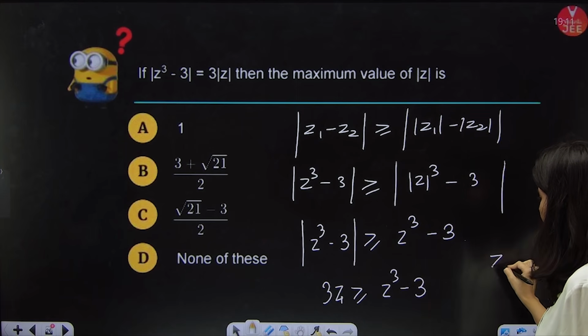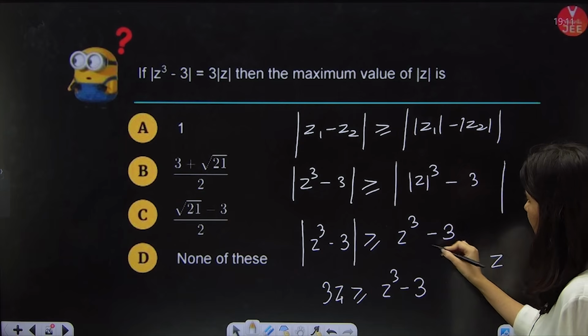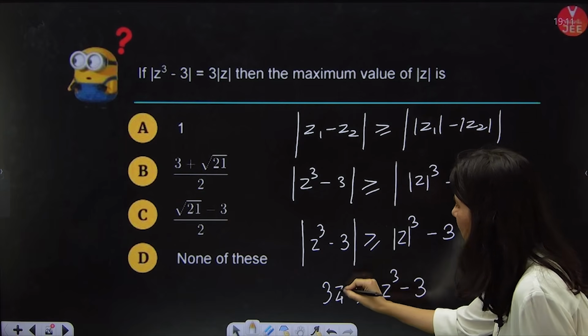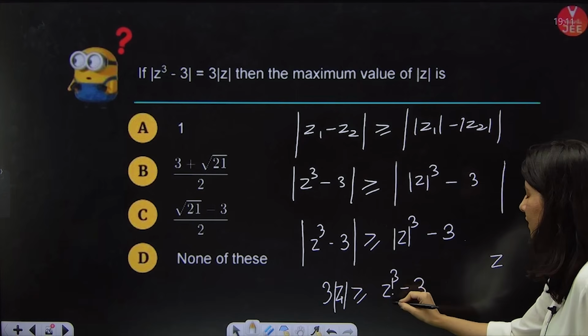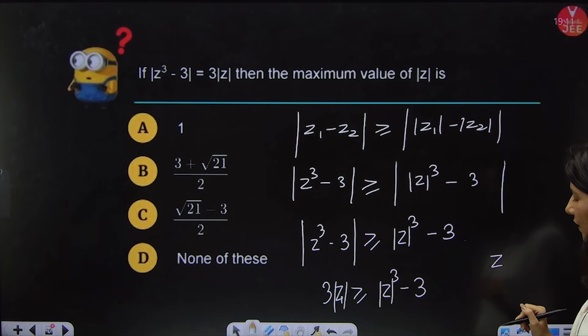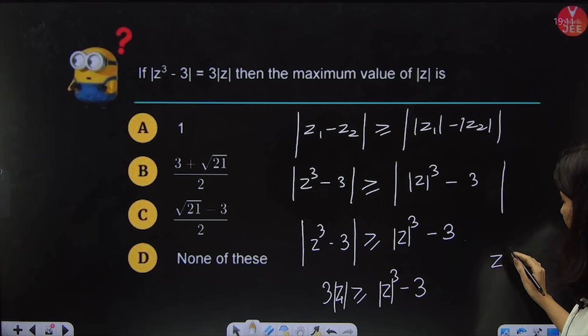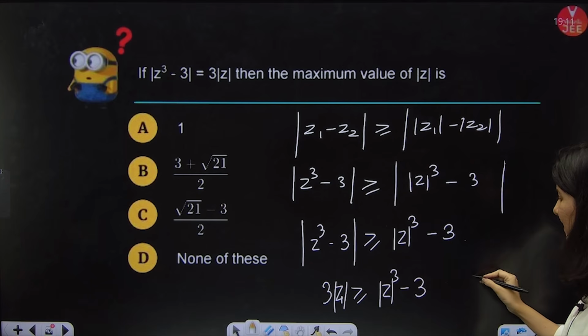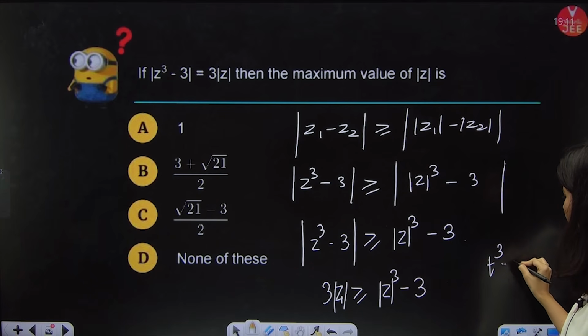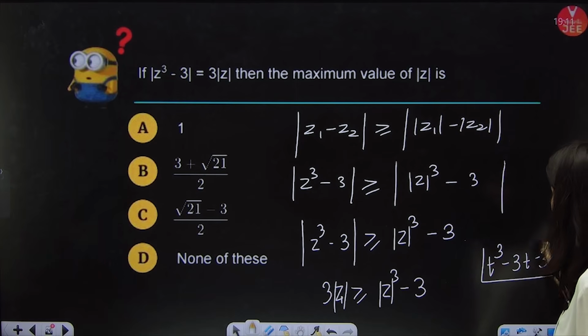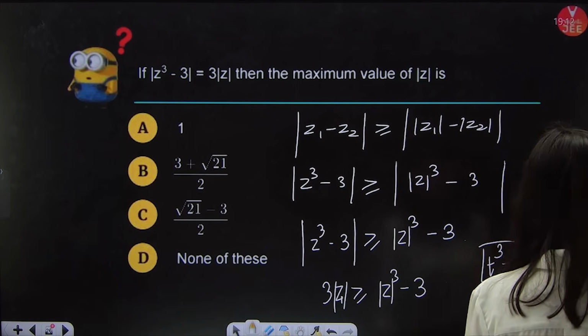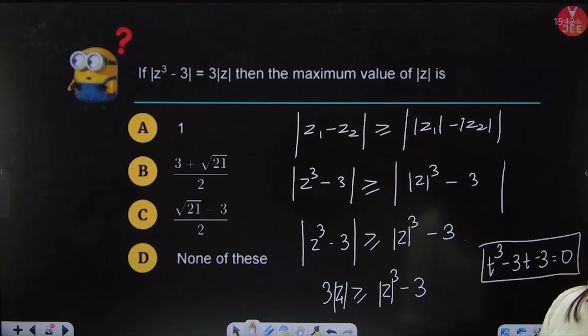So z cube, sorry, this is mod z. This is also mod z. So yes, clearly mod z cube. So this is actually becoming t cube minus 3t minus 3 is equal to 0. Now you just have to solve this cubic equation to get the answer. Now to solve the cubic equation,